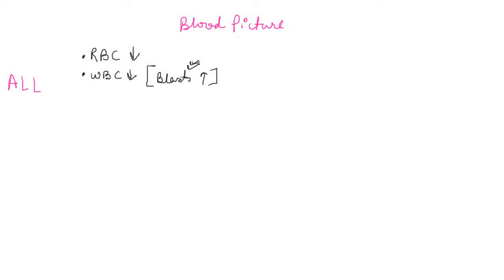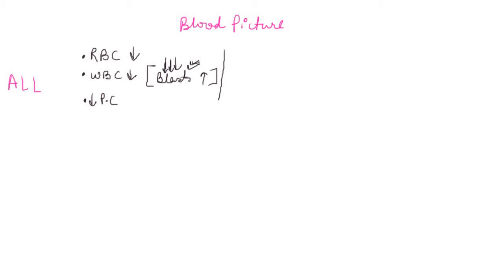So these blasts help us diagnose acute leukemia. RBCs are decreased, WBCs are decreased, but the blasts are characteristically increased. After the WBCs, we have decreased platelets. So there will be thrombocytopenia, and the platelets are typically less than 1 lakh. So this is the basic blood picture seen in